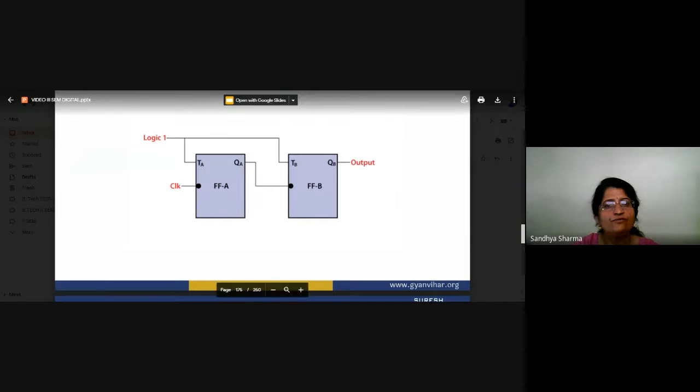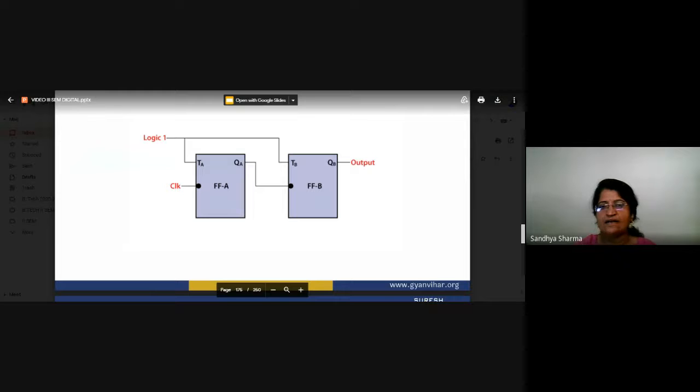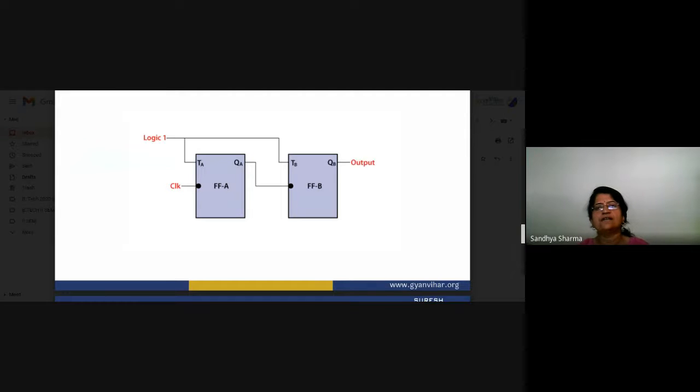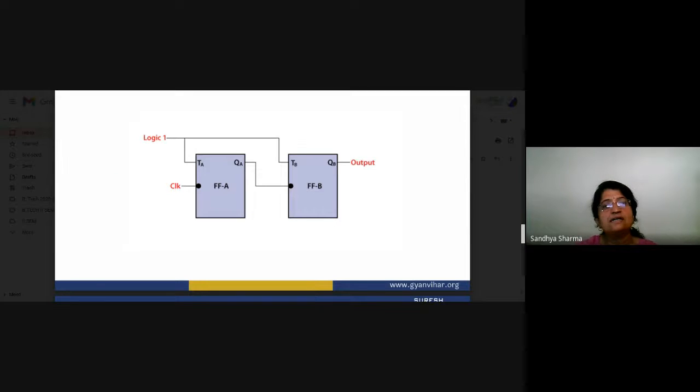The clock pulse is given directly to the clock input of the first flip flop, and you have to give a 1 at the inputs. That is basically a T type flip flop. You can design your counter using either the T type flip flop or the JK flip flop. What type of flip flop you use doesn't matter; a counter can be designed with any type of flip flop according to your application. The clocking here is very different: the flip flops are not clocked at the same time, so this type of counter is asynchronous.